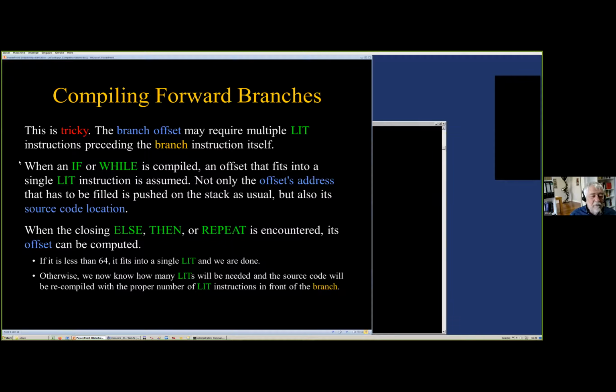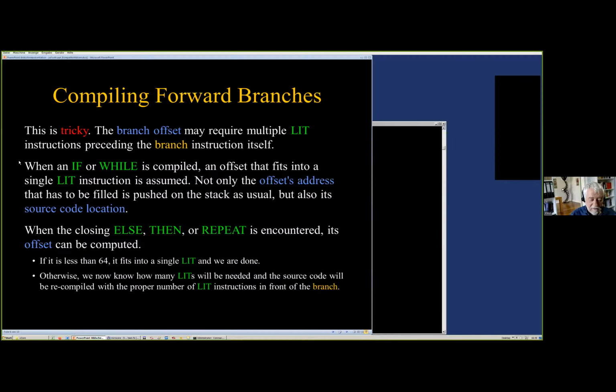So when an if or while is compiled, an offset that fits into a single lit instruction is assumed. Not only the offset's address that has to be filled is pushed on the stack as usual, but also its source code location. Why? Because when the closing else, then or repeat is encountered, its offset can be computed, and